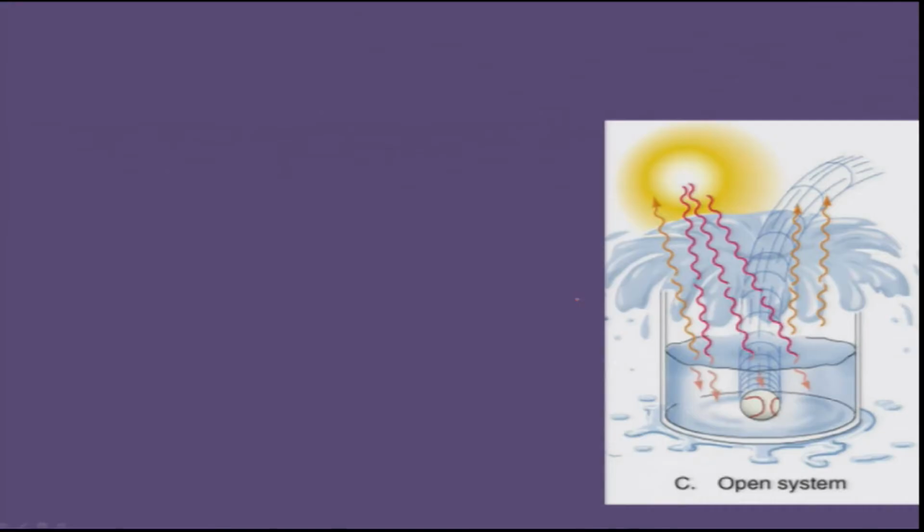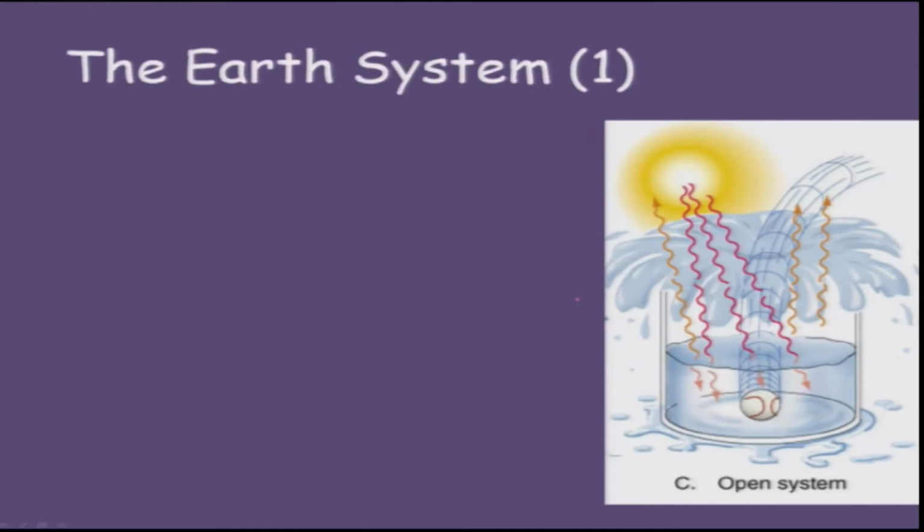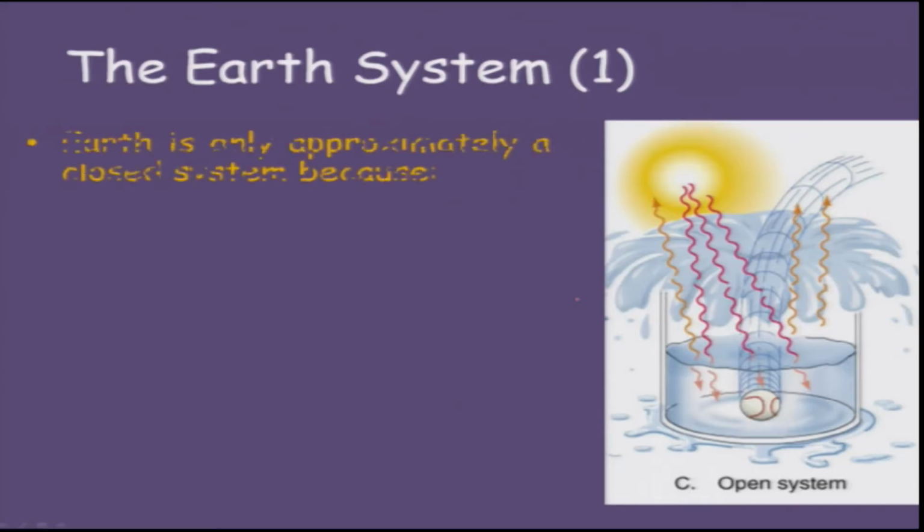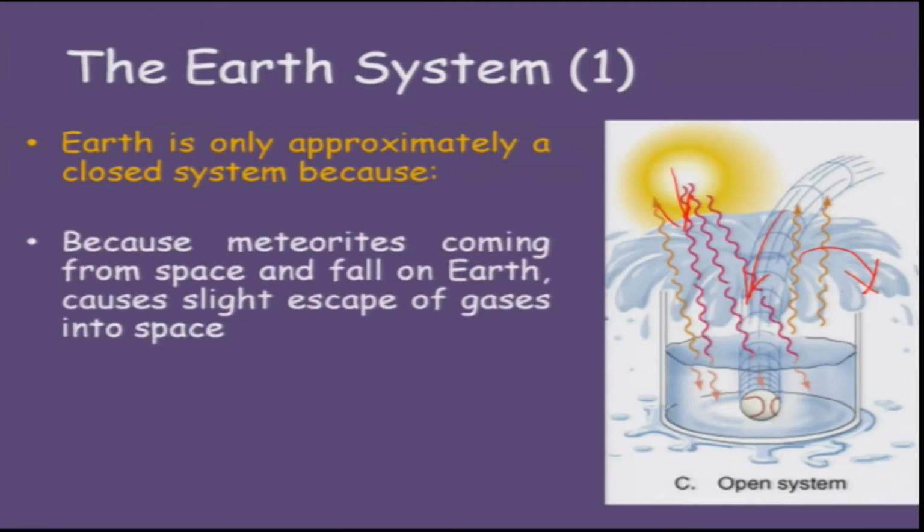But let us move to the last one. This is an open system. What happens here? If you are throwing some material or matter into the beaker shown here, you are exchanging material, that is, the water has been poured out, but the radiation is there. You have the energy coming in, but you are pouring water out as well. So not only the energy, but also the matter has been exchanged.